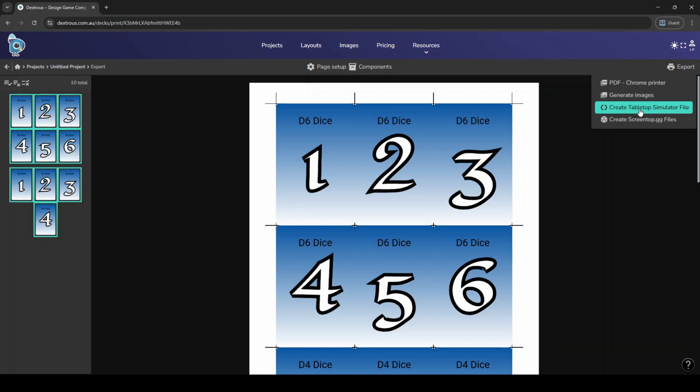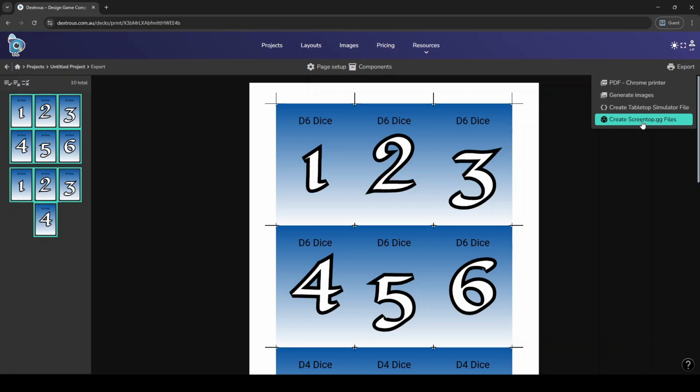It uploads the images to the cloud, and you get one JSON file that you can just copy paste to your Tabletop Simulator directories, and it's ready to be used there. And then we can create different Tabletop.GG files to create our game in that environment.